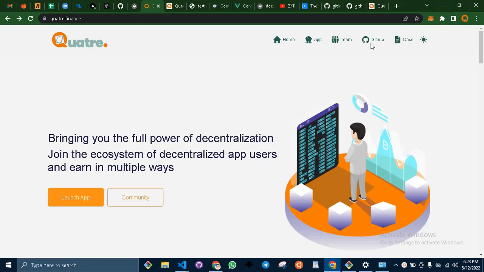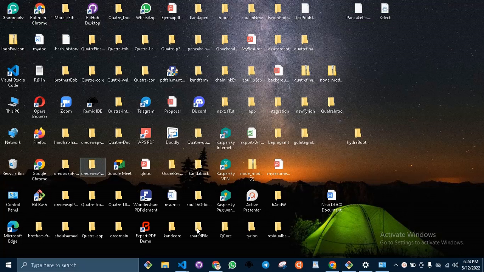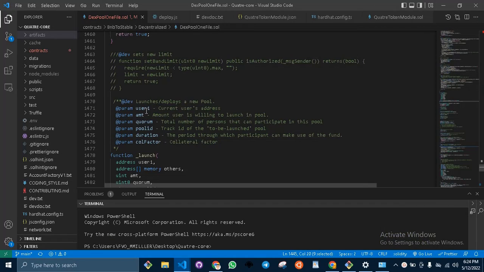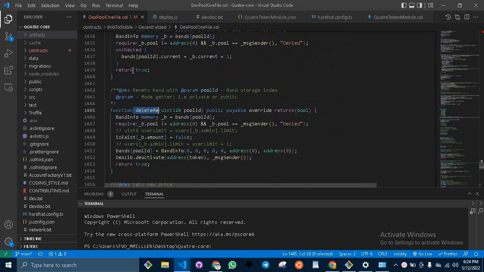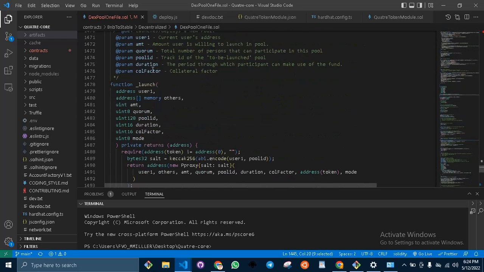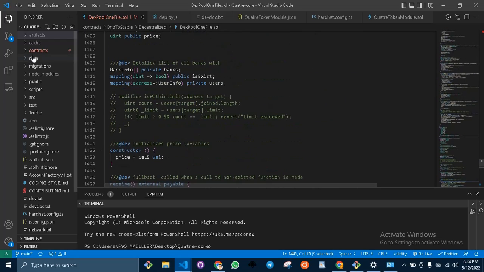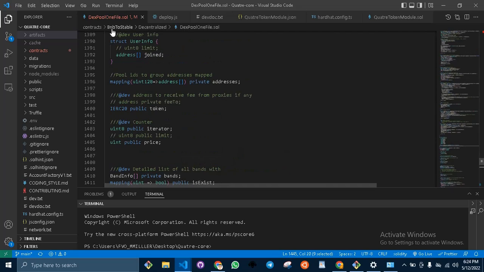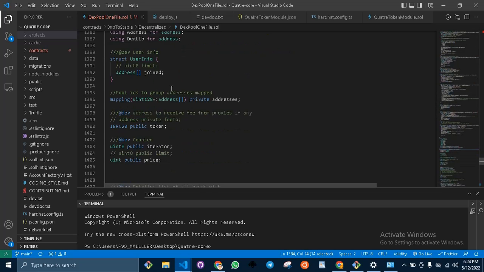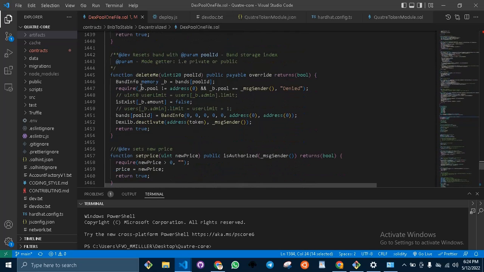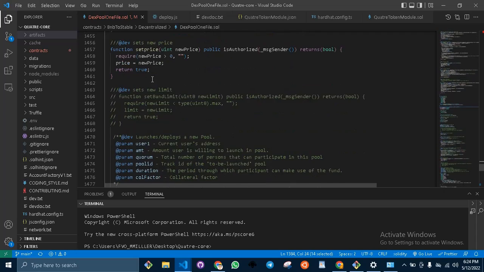So first of all, I would like to show our contracts, to show that we actually picked up some contracts. Okay, so here is the IDE. I'm using VS Code, and you can see here this is the base contract. We compress the contract to one file, and that's why you see the DexPool one file. DexPool one file is the base contract, and it's the contract responsible for